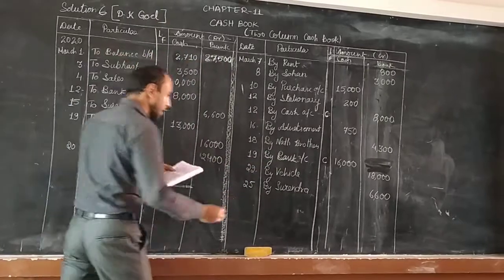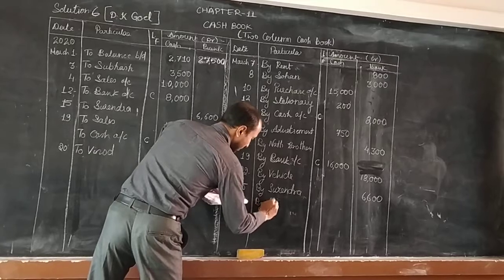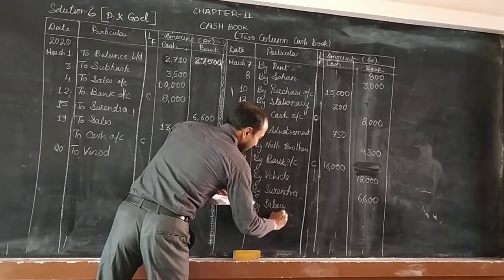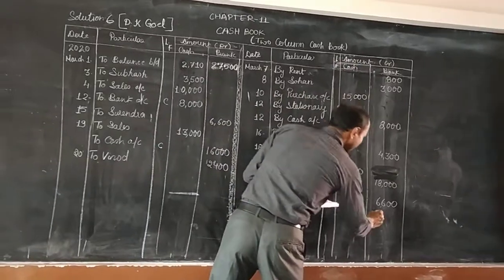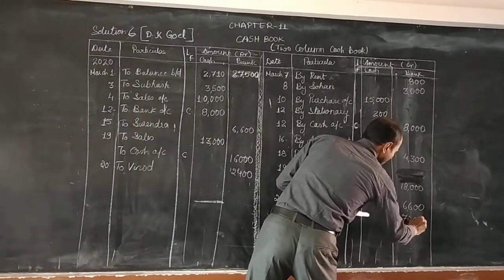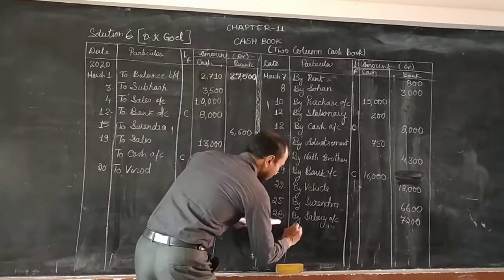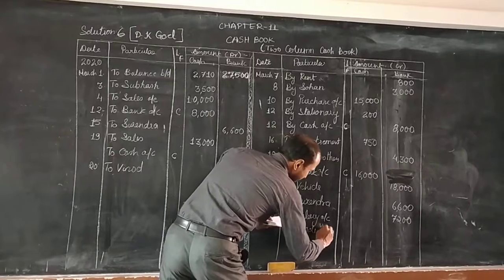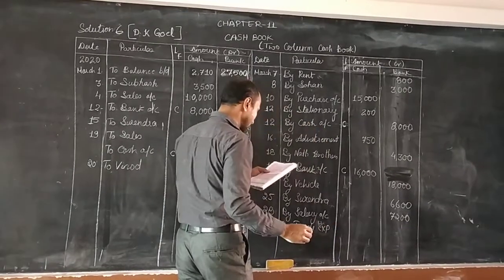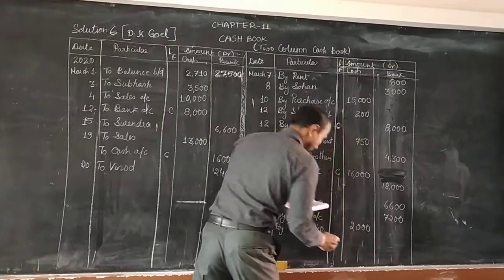Paid salary by check, it is what? 28. So it is by S-A-L-A-R-Y salary account, and how much is it? Your by bank, that means 7,200. Then after, trade expenses, with this only it is your by trade expenses. How much is it? Cash 2,000. It is not written bank here.